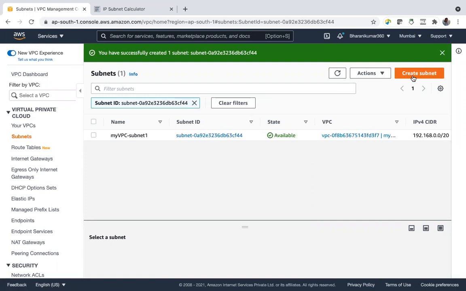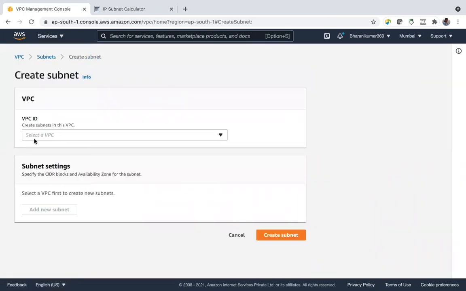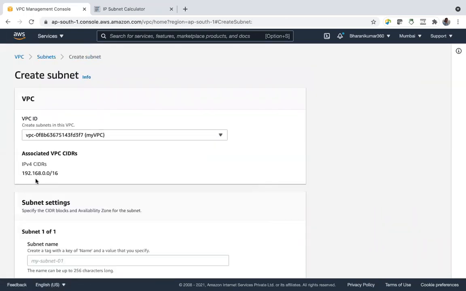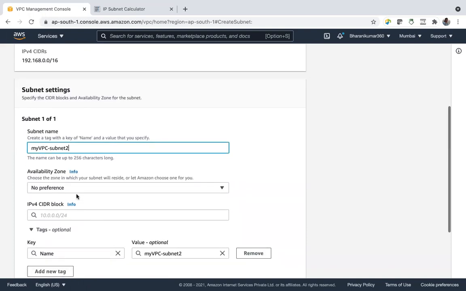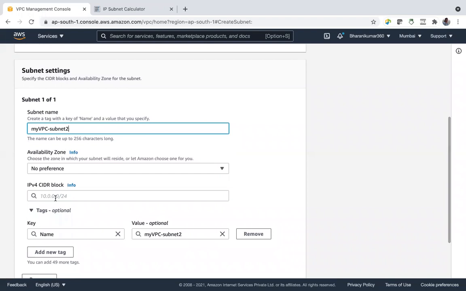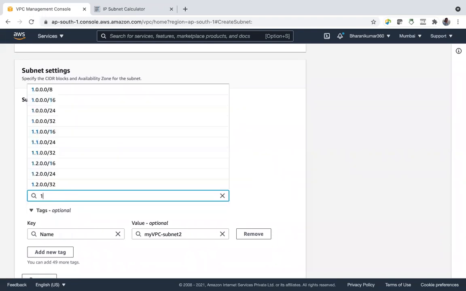Let us create one more subnet in my VPC. Subnet name, say my VPC subnet 2. Availability zone, no preference again. CIDR block. We know that first 2 octets have to be same as your VPC.